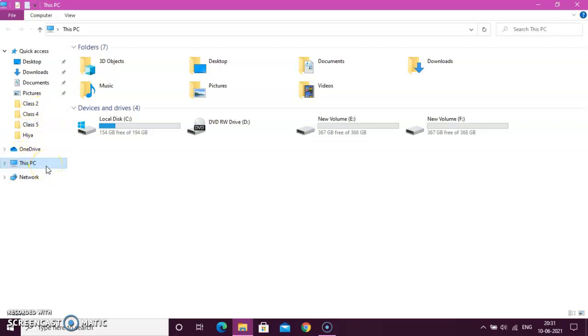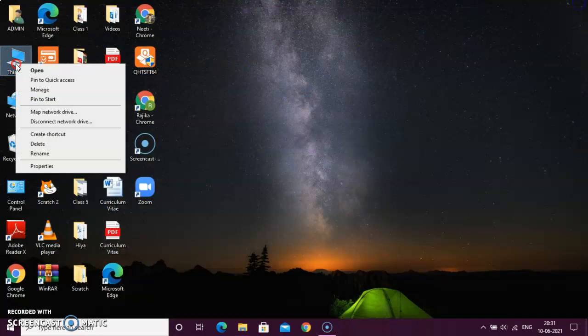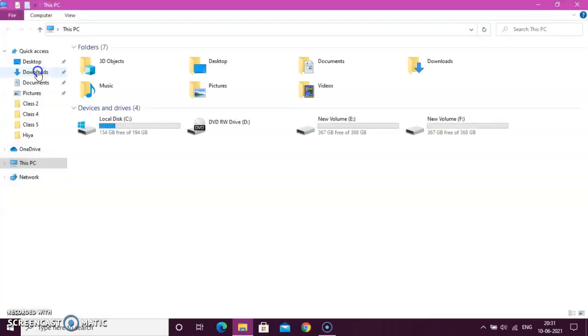So all these things I can see at one place. And I've told you how to open it. What you need to do is simply put your mouse pointer on the icon, right click on the icon and click on open. So this is how you can open the computer icon or This PC icon.